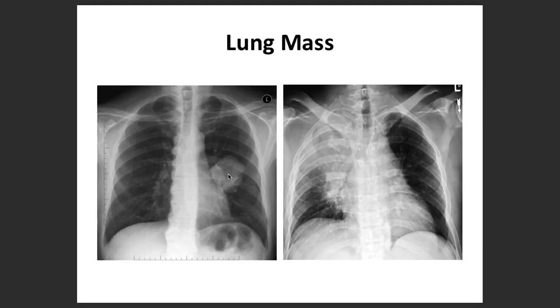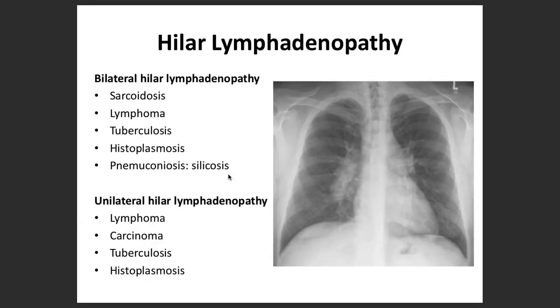Then comes the lung masses, which you may be able to notice over here. Then the hilar lymphadenopathy. Hilar lymphadenopathy is another characteristic thing which you may see either on only one side, unilateral, or the bilateral side. Unilateral is more in tuberculosis, lymphomas, or histoplasmosis. However, the bilateral side, of course, also in tuberculosis, sarcoidosis, lymphomas, or